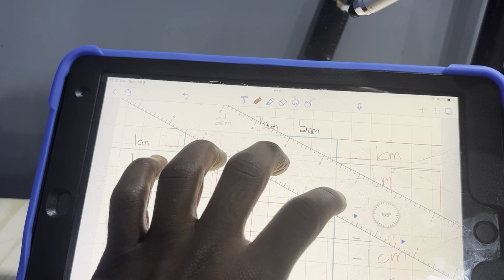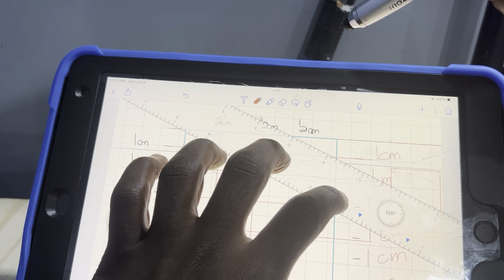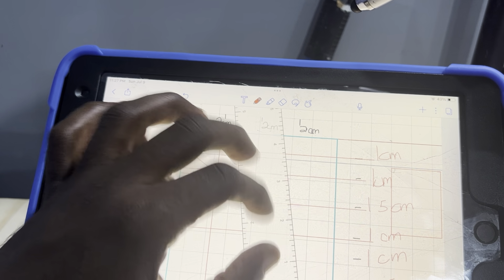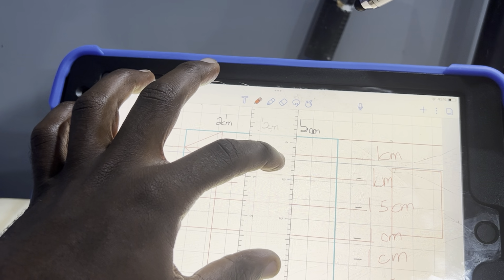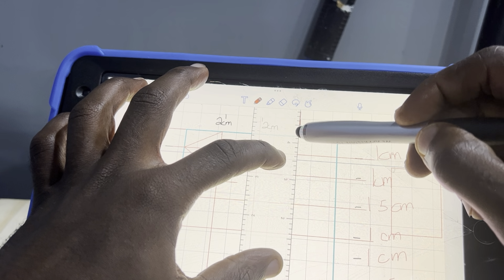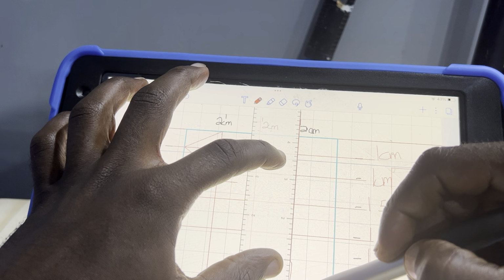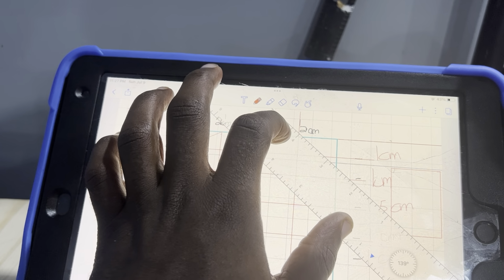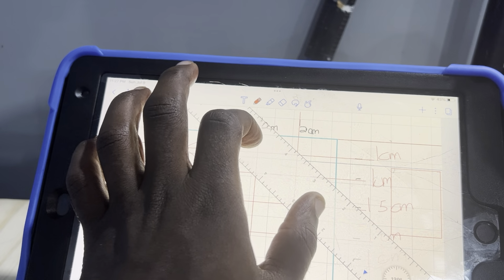Get that again. Oh, you know what? I'm missing a line here. There you go. All right. And then